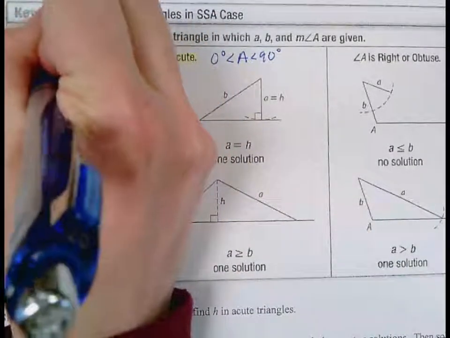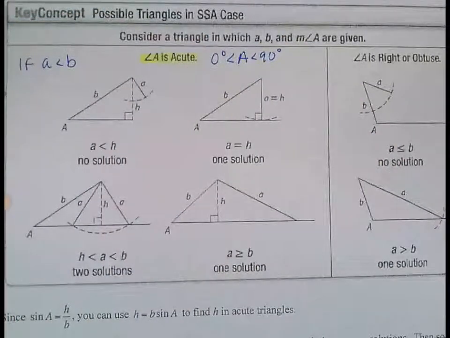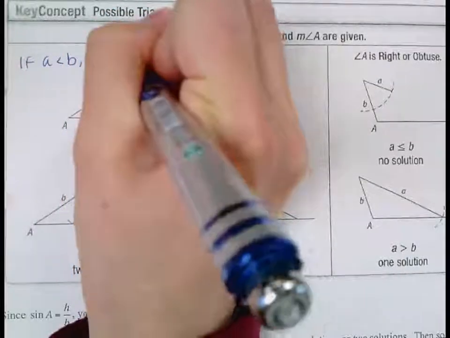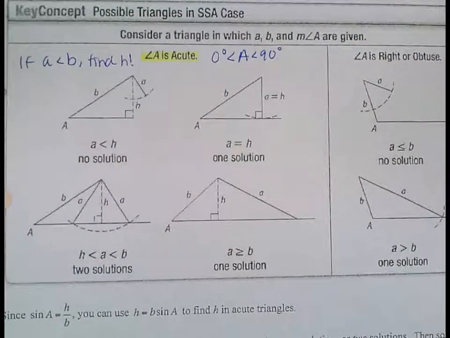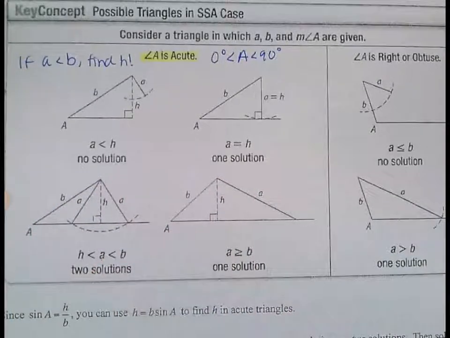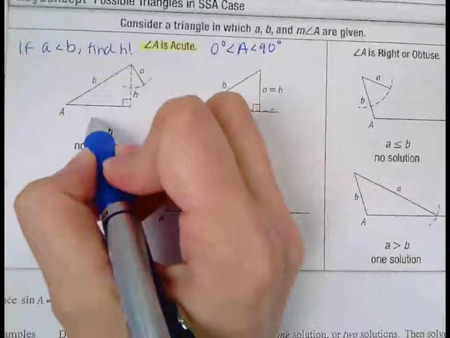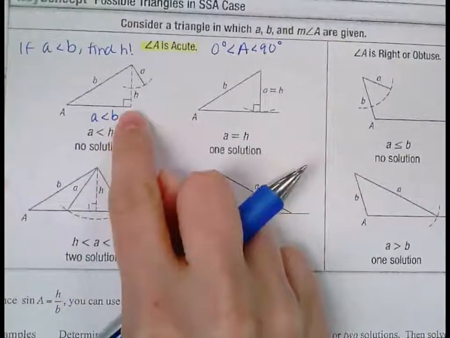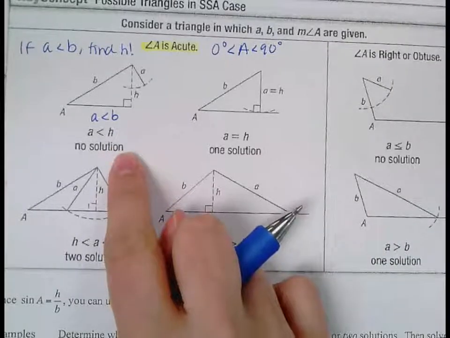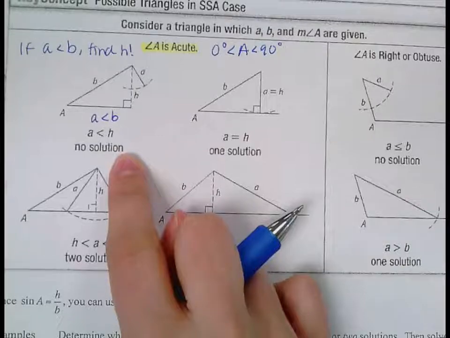If your side a is smaller than side b, then you need to find the height h of the triangle. And we'll talk about how to find that. We can find that using a trig function. But you would need to find the height h of the triangle. And this lays out, comparing a to h, how many possible triangles there are. So if you know, for example, a is smaller than b, and then you find h, and a is also smaller than h,